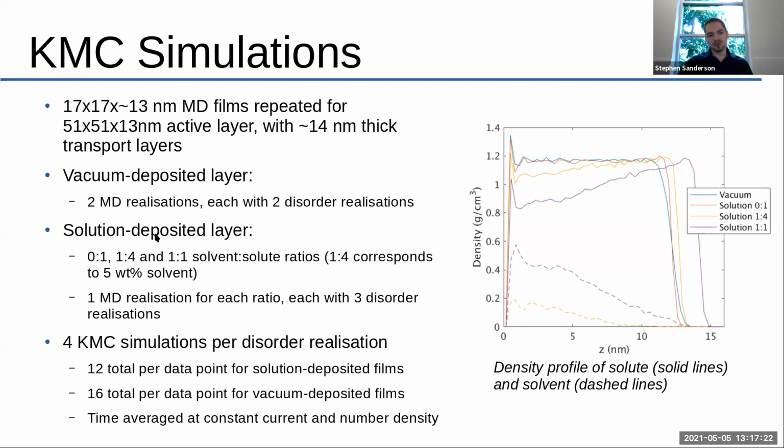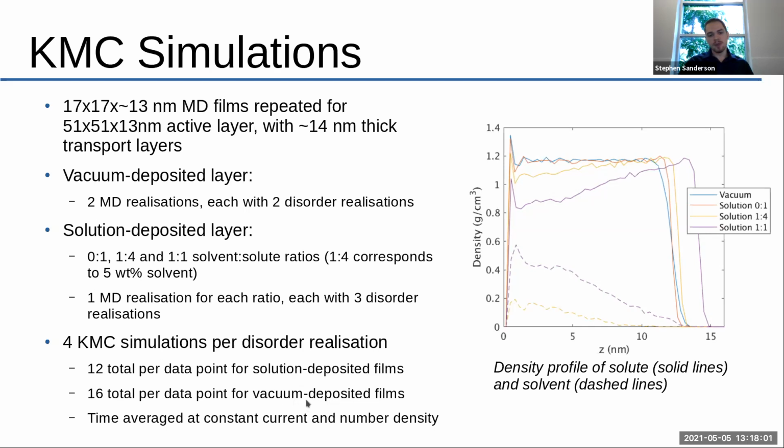Because of how slow the solution deposition simulations were, even with the modifications, we're talking months of simulation time, we only have one MD realization for each of these ratios. For each of those, I have 3 different disorder realizations. From there, we run 4 different KMC simulations per disorder realization and average over the steady state properties over quite a long time. That gives us 12 total data points for each solution deposited film and 16 total data points for the